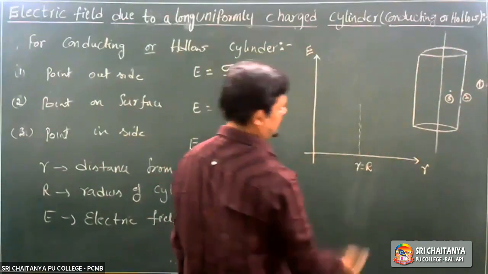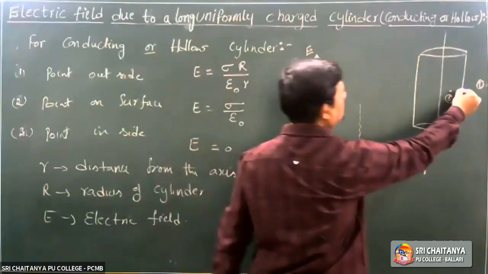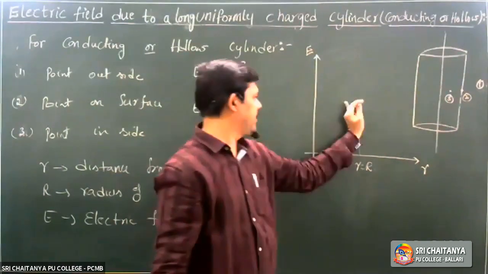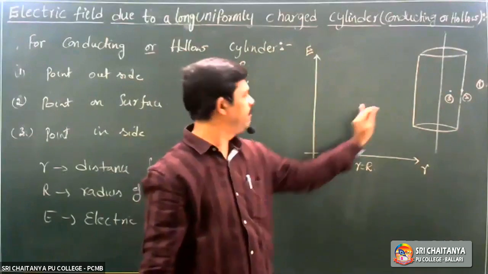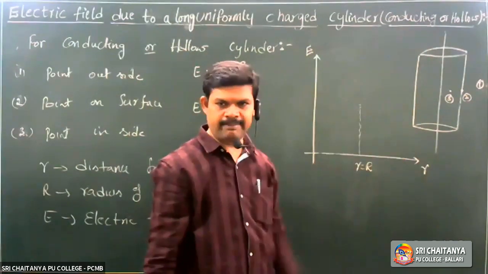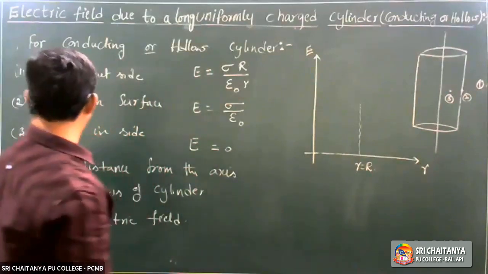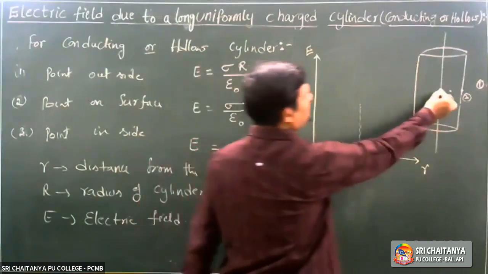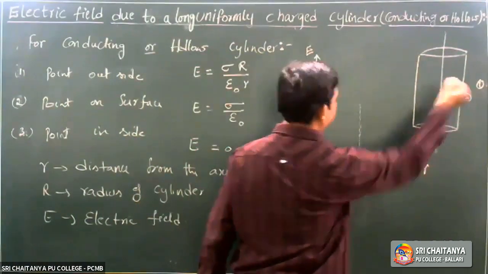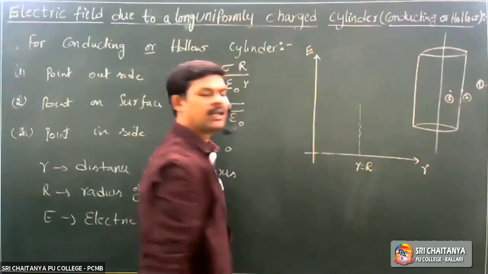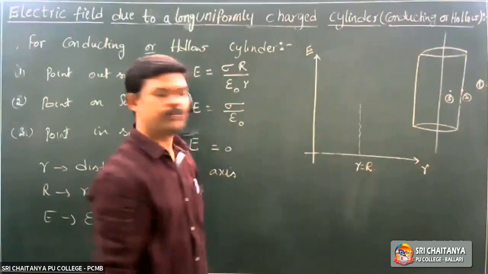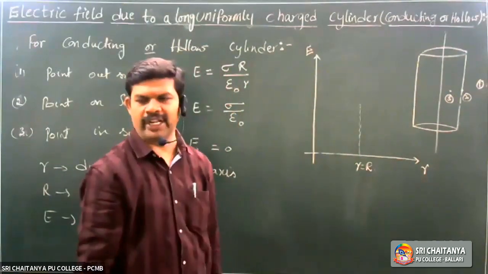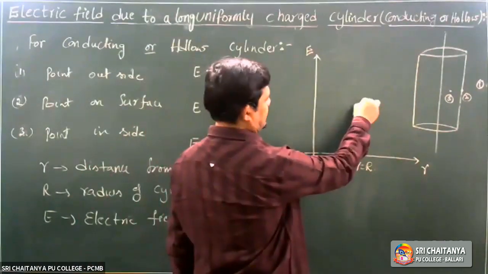Here, r is equal to R. r equal to R means what? On the surface. So this portion tells you information regarding inside. This portion tells you information regarding outside. Right? Inside E is equal to 0. So even as r increases from the axis up to the surface, there is no field at all. So even in the graphs, they represent it like a dotted line or they exclude it because there is no field inside.